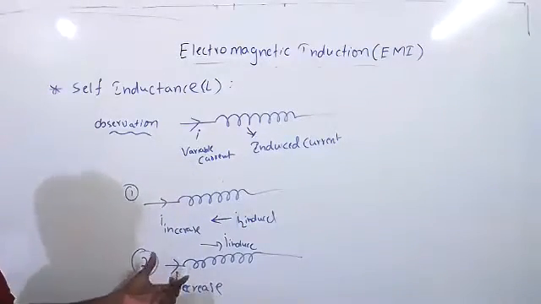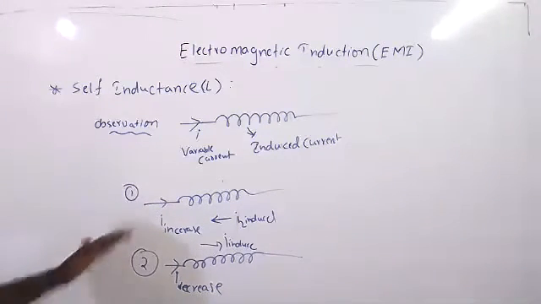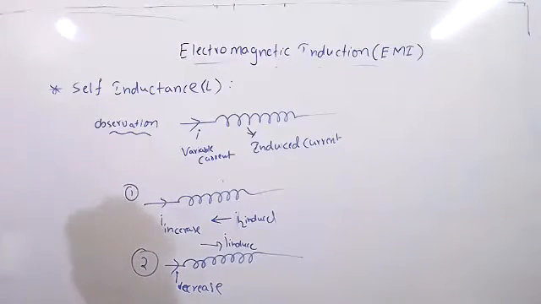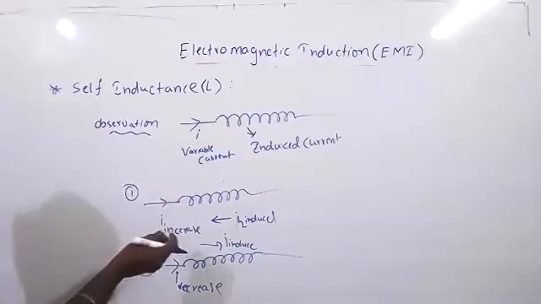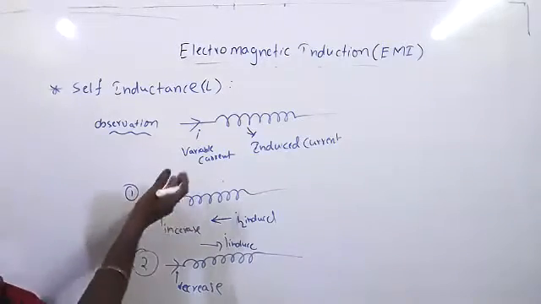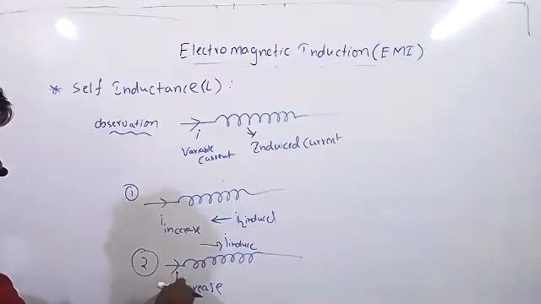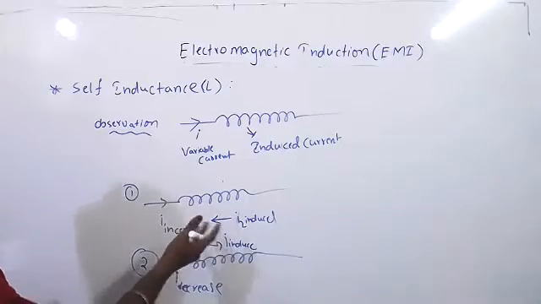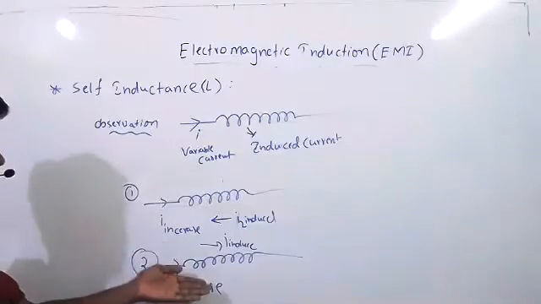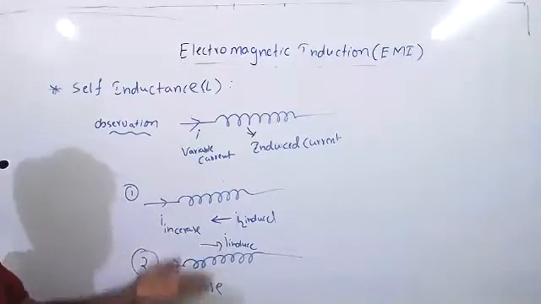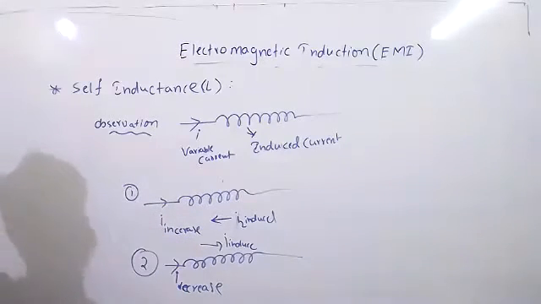So from these two cases, we can say that when the current is increasing, the induced current direction is in the decreasing direction. We have to decrease it. So what will oppose the growth? When it is increasing, the induced current will oppose the growth. When the current is dying, it will try to increase it, so it will support that. Remember these two cases. The induced current direction is opposite to the change in the current.